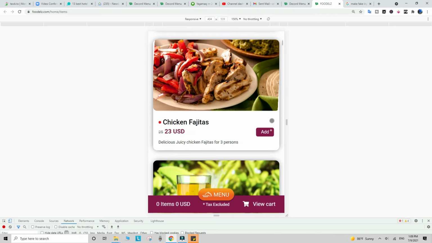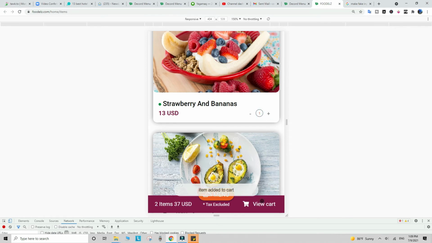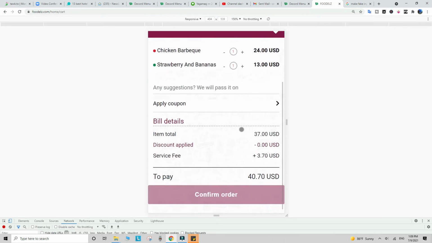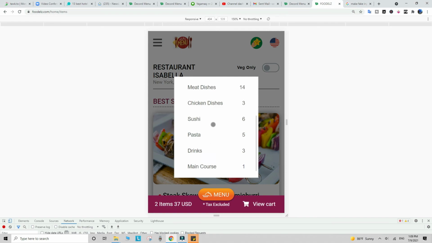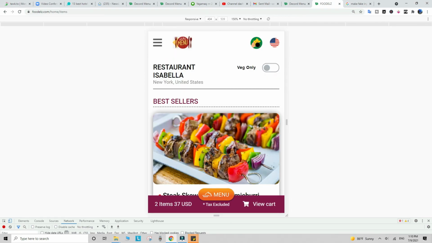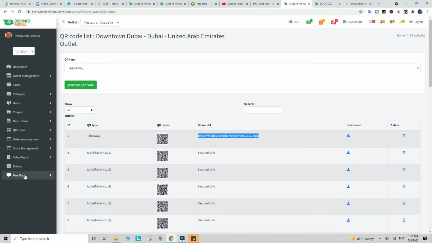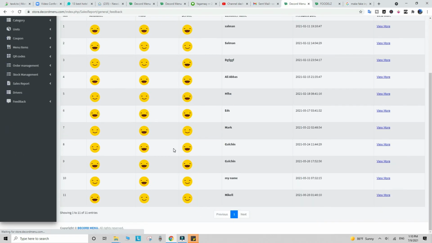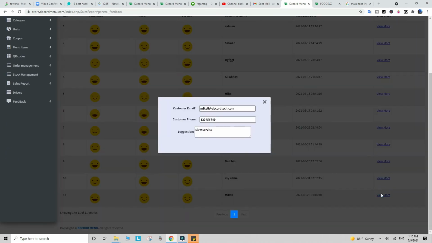The menu itself has a lot of features. Your customers can add the items into the cart and they can see their total bill prior to making their orders. If you don't activate ordering, this button will not be shown. They can also navigate between different categories. At the end of the order or at the end of the stay, they can also submit their feedback. This data will be stored in your dashboard and you can utilize this data for your marketing promotions to remarket your customers. You can view customer data by clicking on this button.